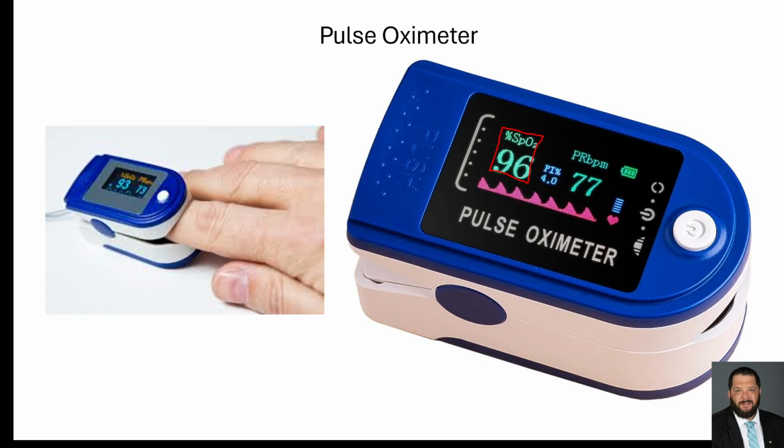Most adults will be somewhere between 96 and 100. The PRBPM here is the pulse beats per minute, okay? Looking at what the heart rate is, or what the pulse of circulation is at the sensor, right? So it's getting a pulse of circulation at a rate of 77 beats per minute. The waveform here underneath indicates how well the oxygen sensor is picking up readings. And you can see as it's moving up and down as it goes through a period of time. If a patient has a low oxygen saturation, that would be a time that we would apply oxygen as a